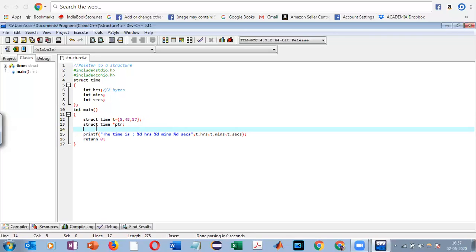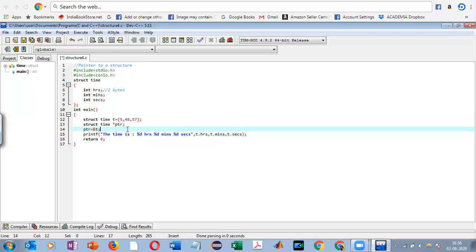So the address of the structure, that is 2000, has to be assigned to the PTR variable. So PTR is equal to, we use the ampersand sign because ampersand is the address operator, T. So what will PTR store? PTR will store 2000. That is the starting address of the structure.